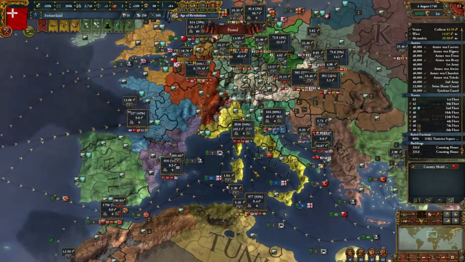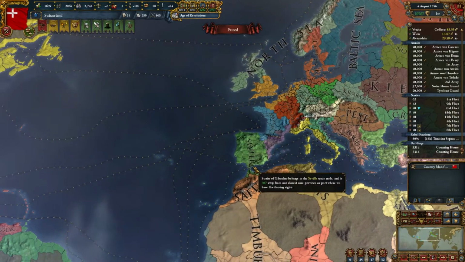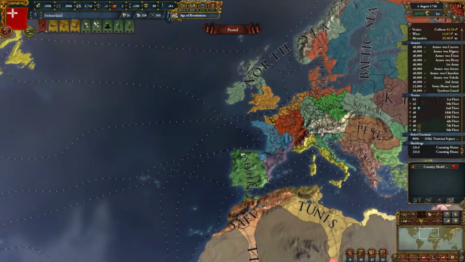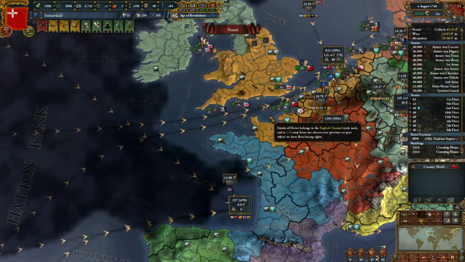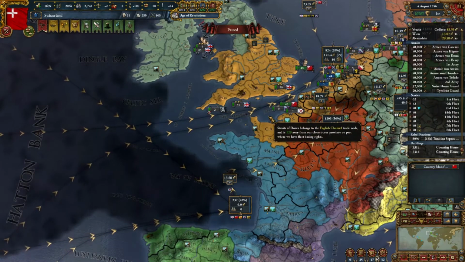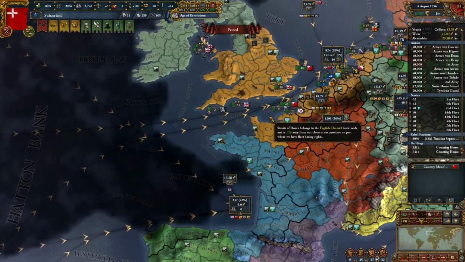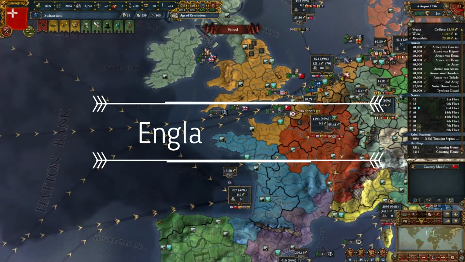So let's talk about the kind of generic routes of ways in which you can conquer to get a lot of money. Basically, these are what real-life nations did. Obviously, Europa Universalis 4, Paradox wants to be that kind of history simulator, and so they're going to be looking at that. The first one is to follow the England route, to follow what Great Britain did, and that is to own